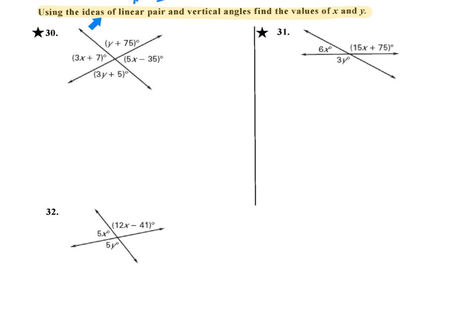It says, using the ideas of linear pair and vertical angles, find the values of x and y. When you look at the diagram for 30, you see that we have these 2 lines that cross each other. We have 2 angles next to each other that could be considered linear pairs. And we also have the 2 angles that are opposite of each other that could be considered vertical angles. We have both the ones above and below, or top and bottom, and we have the ones on the left